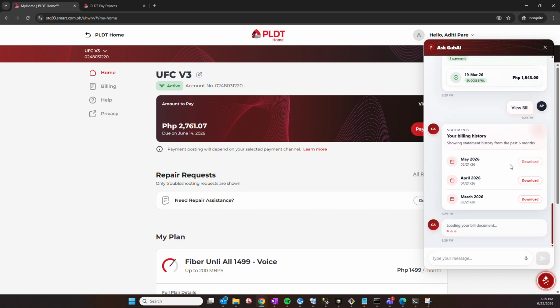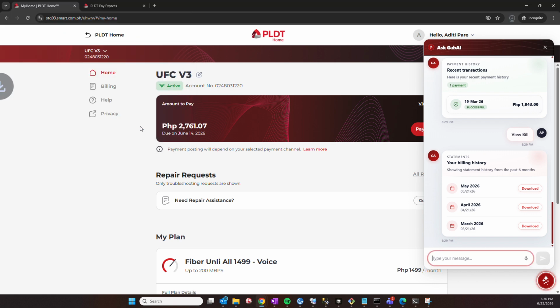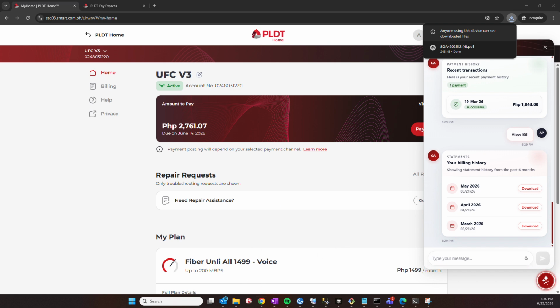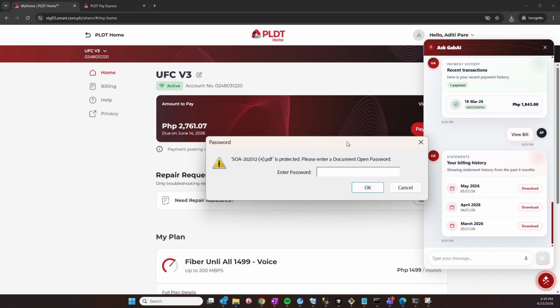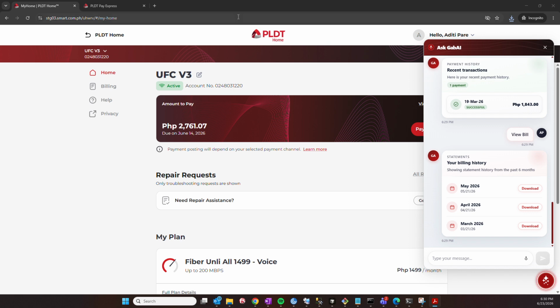You click download, and it will automatically create and download your SOA. You can also view it. Just enter your account number, and you will be able to view your SOA.